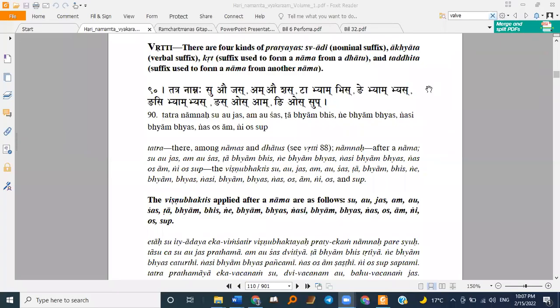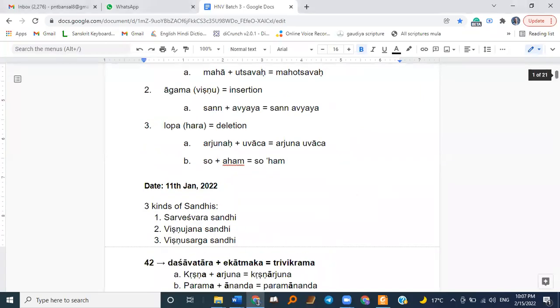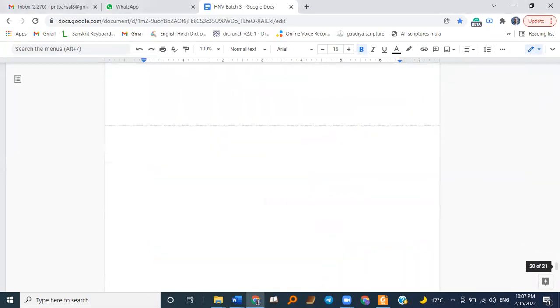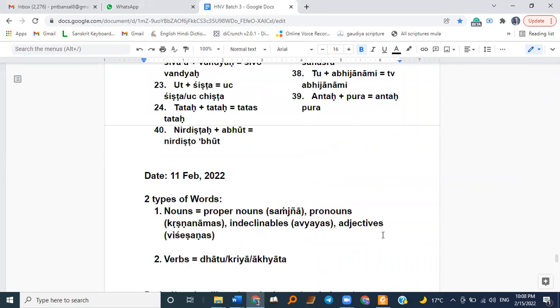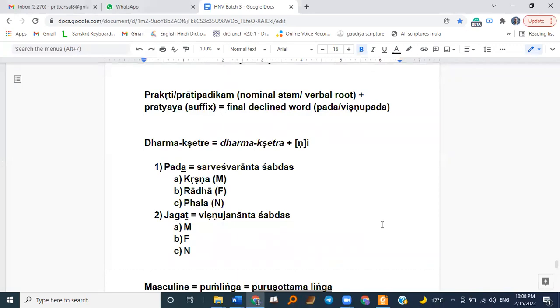So the last class, we were studying... we started off with the new prakarana, the Shabda prakarana, which deals with the nouns and the declensions thereby. So we studied how pratyaya yukta prakriti results into a final declined word, which is called Vishnu pada in